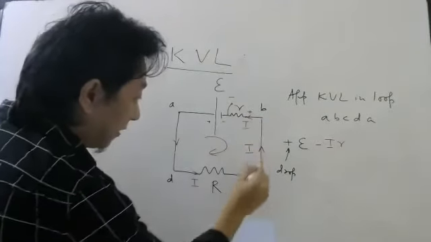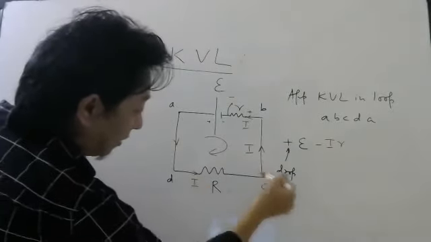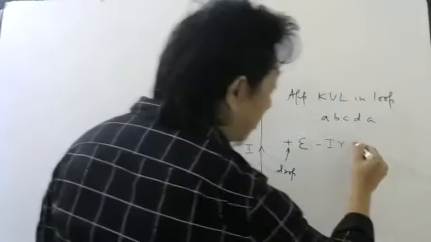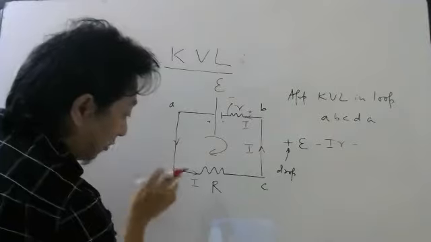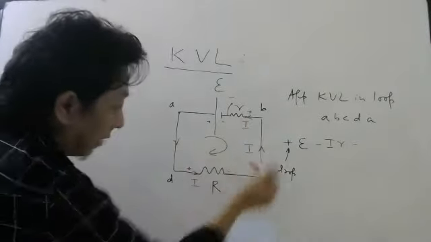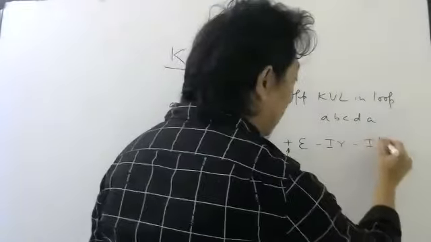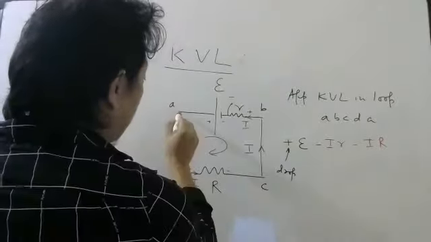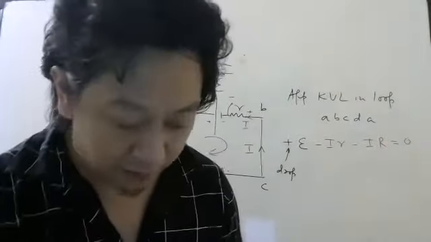Similarly, I come back here. When I come to this resistor, again I am going opposite to the current. Since I am going opposite to the current, the potential difference will be minus because it is a rise. If current is shown this way, this is plus and this is minus, so I am going from minus to plus. That is a rise, so it will be minus I into capital R. Once you come back to this point, the total algebraic sum of all the potential differences should be zero. So keep this formula in mind.